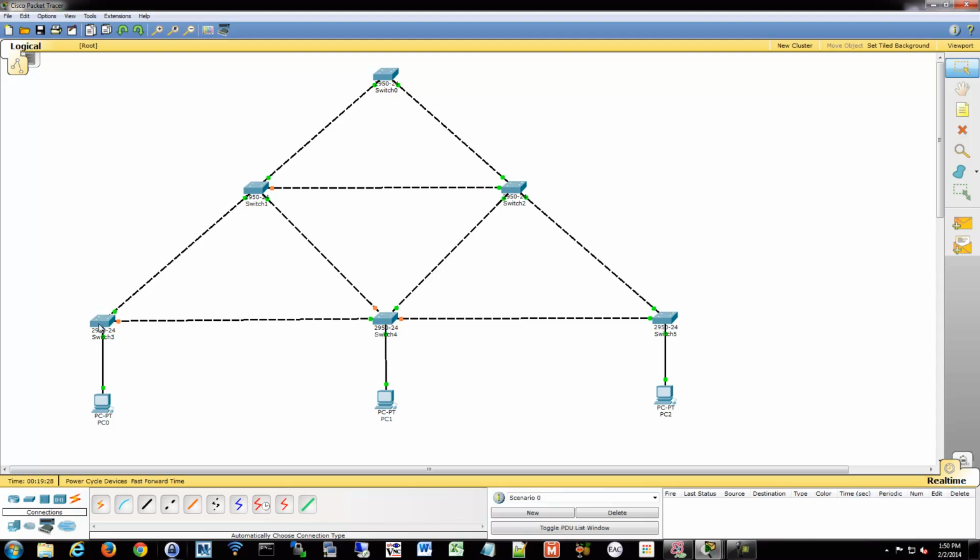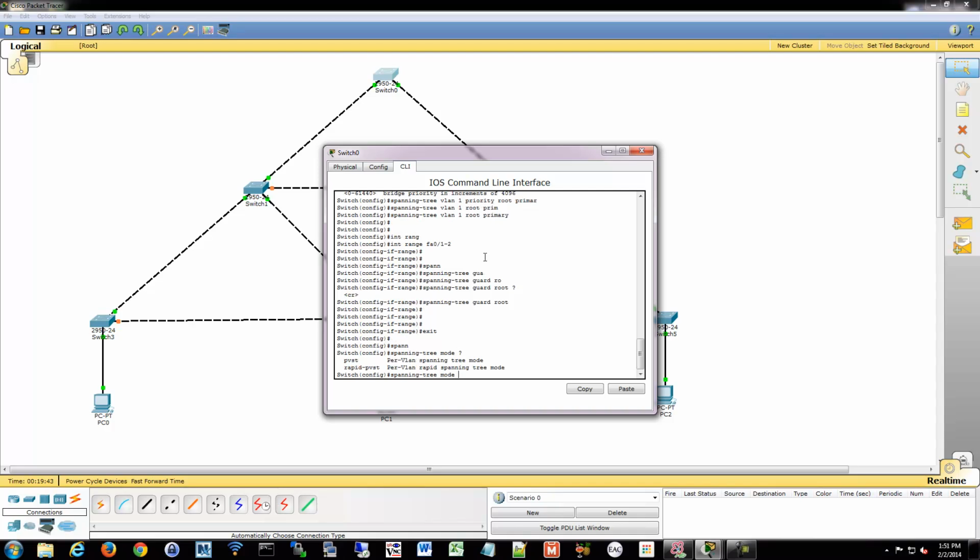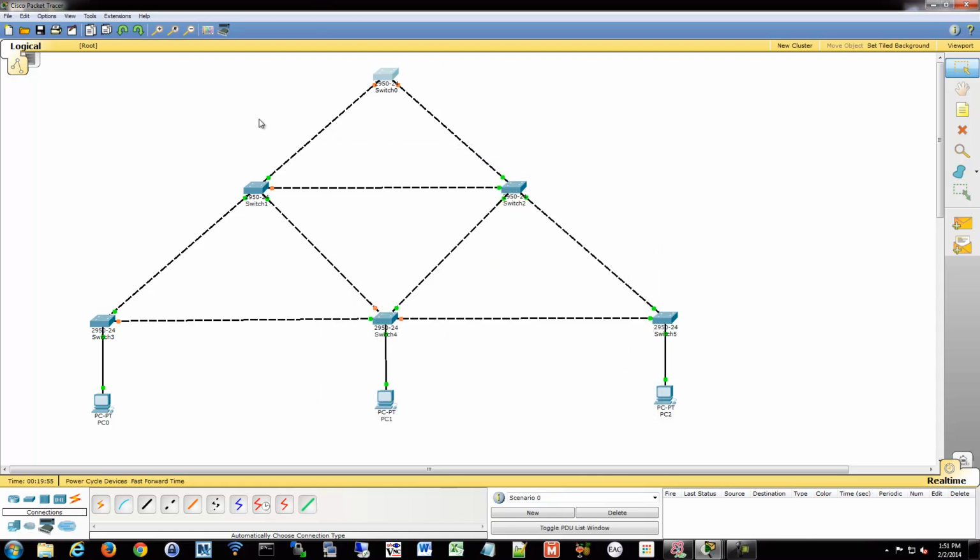We can also change the type of spanning tree that we're using. So we could go into switch 0, for example, and we can change our spanning tree mode. So we can say spanning-tree mode, and then we have two options. We have PVST or rapid PVST. So we could say I want to, instead of using PVST, I want to use rapid. So we can say I want to use rapid PVST. And then of course this switch is going to start